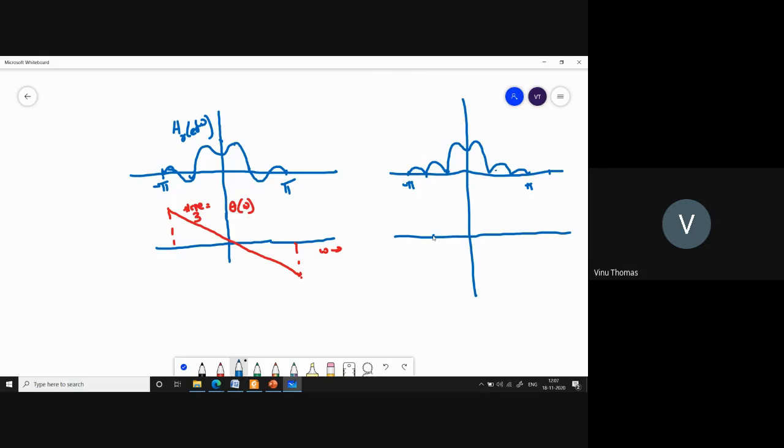So you see that in this region, you mark the angle as positive, and in this region, you mark the angle as negative because it is plus pi radian here, and this is minus pi radian. Now you are shifting this so that the entire impulse response is made positive. So which means you have to add